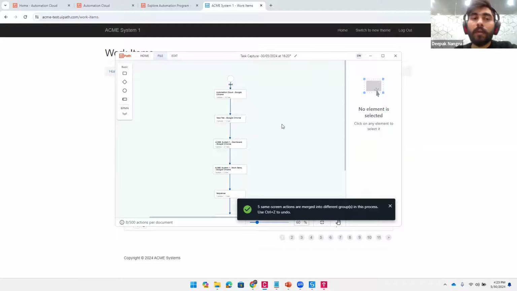But the major difference between assisted task mining and task capture is that in assisted task mining, we can compare, we can merge, and we can see different traces and different users, how much time they are taking, and how much is happening in the different traces. But here it can only be used for one process. We can't take more than one trace. We can't auto merge, we can't do guided merge, and we can't compare.